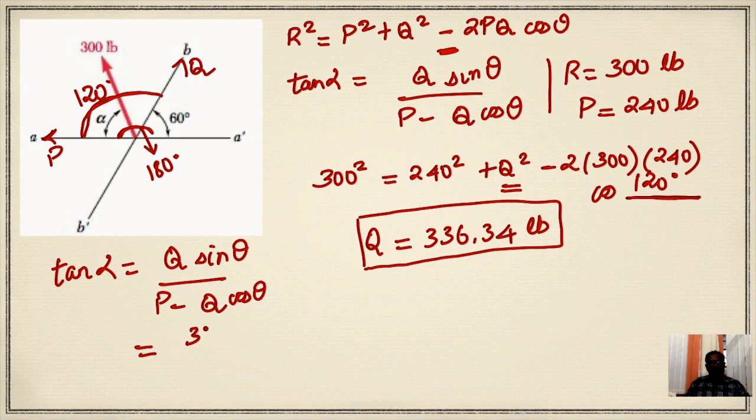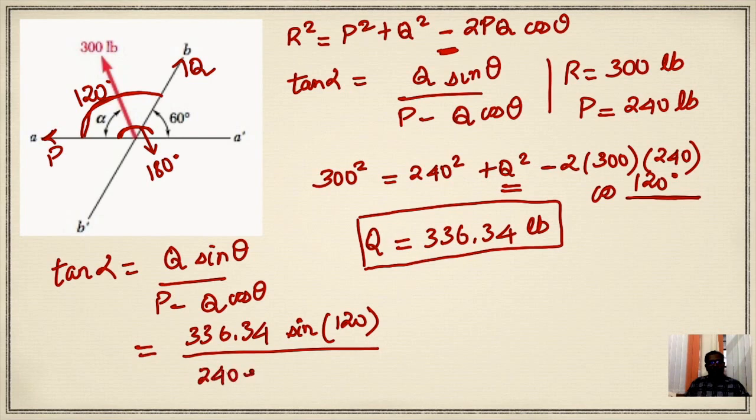The value of Q is found, so it is 336.34 sine the angle theta, which is 120, divided by the value of P, which is 240, minus 336.34 cos 120 degrees. And again if you substitute it, you will be able to get the value alpha is equal to